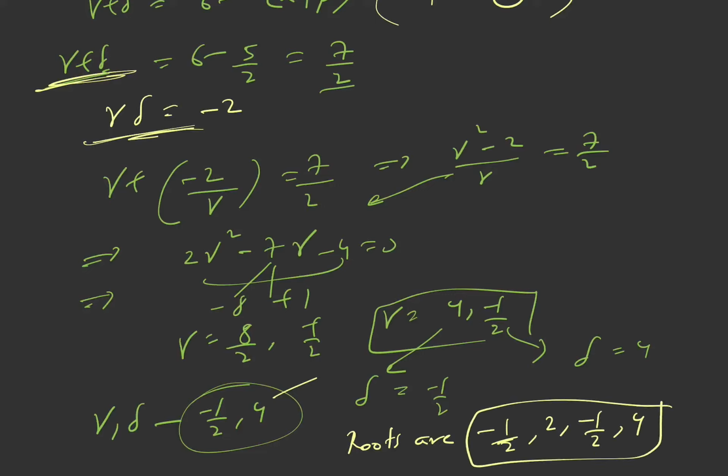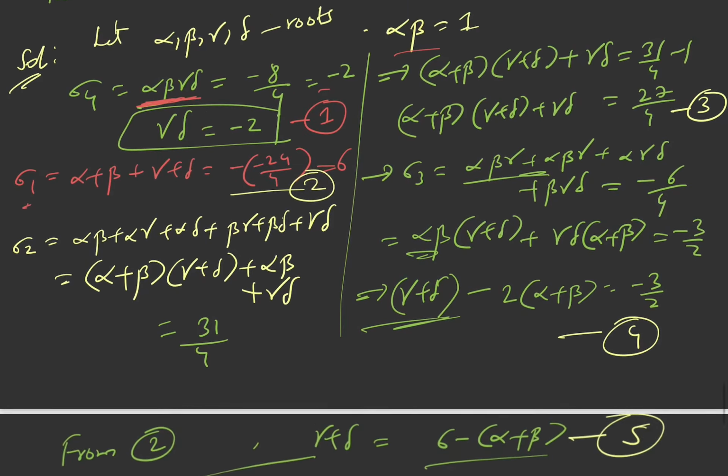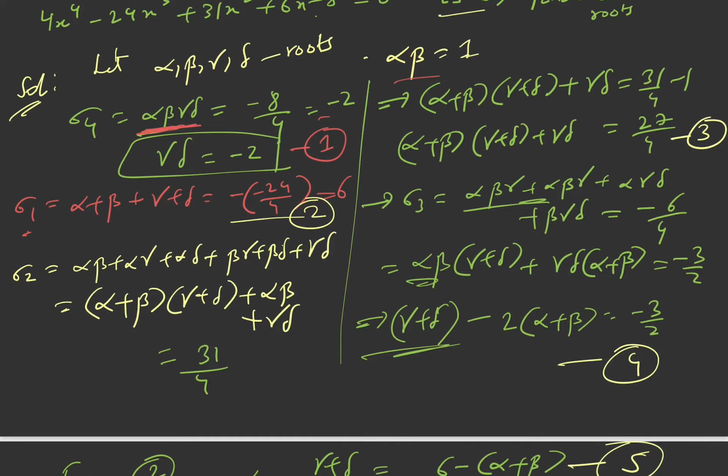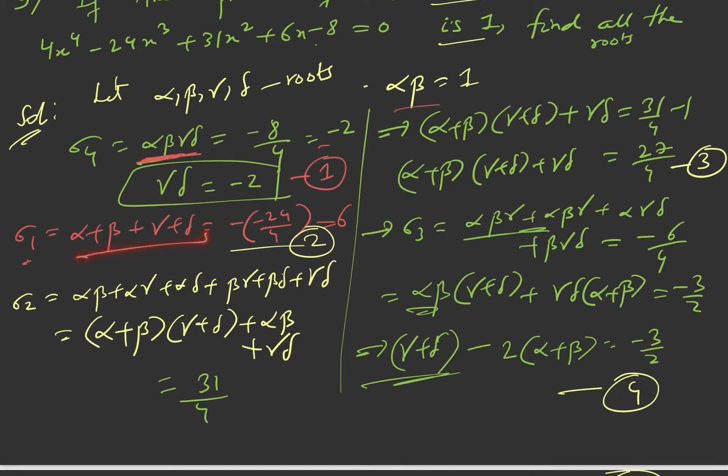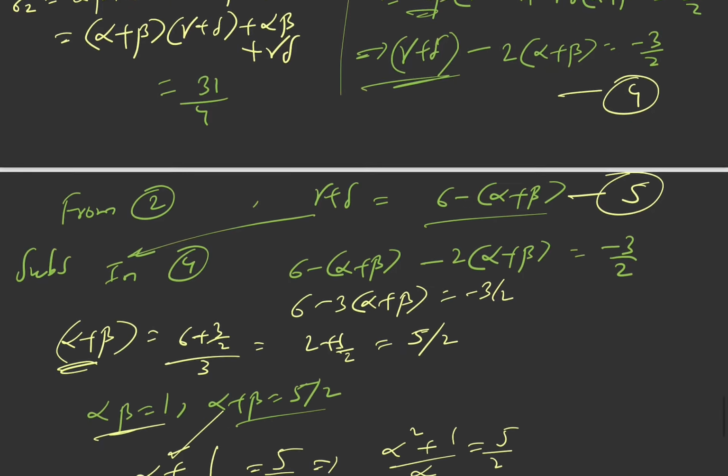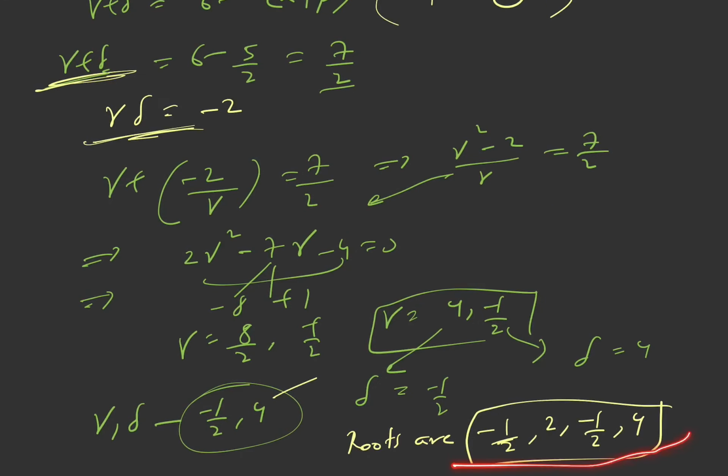So you see minus 1 by 2 is a repeated root. We have discussed repeated roots. Minus 1 by 2 is a repeated root of this equation. So minus 1 by 2 is a twofold root, and you have 2 and 4 as the other roots. Now if you want, you can verify all these. If you want to verify whether your answer is correct or not, you can check all these 4 relations. You can check sigma 1, sigma 2, sigma 3, and sigma 4. So if all the 4 are correct, it means what you have got is correct.